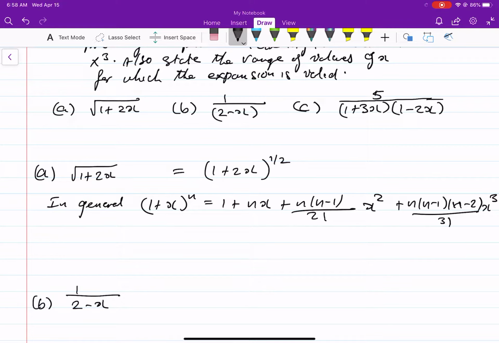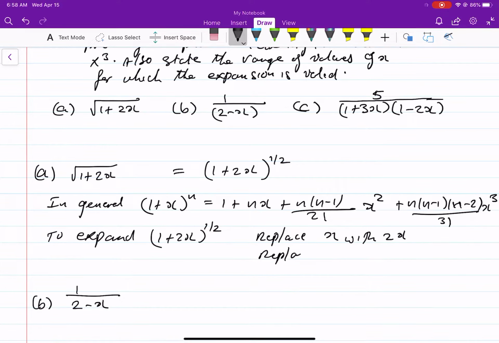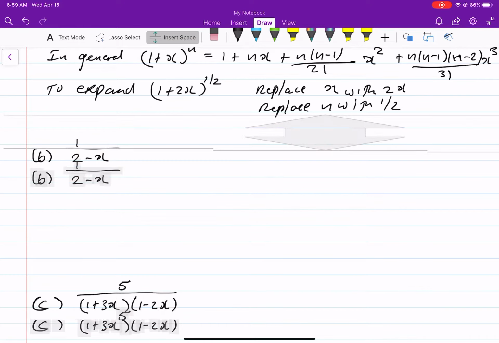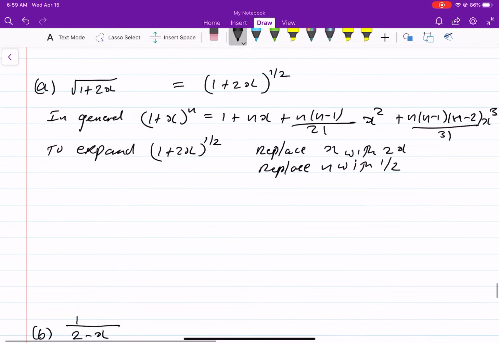I actually want to expand (1 + 2x) to the power of a half. Therefore, I have to replace x with 2x and also replace n with a half. So, no big deal there. If I did that, I will get